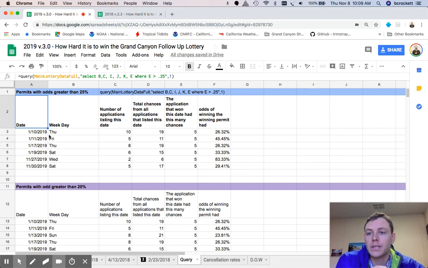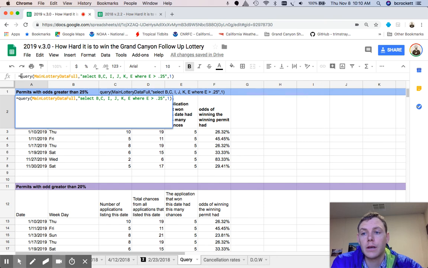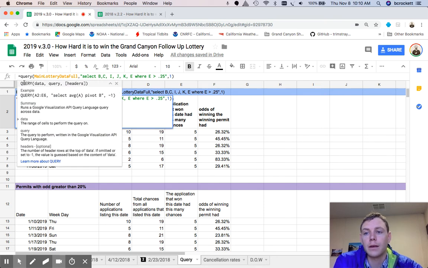So let me just take it from the top here with the function we're using, and that is this query function, right? What query does is it takes a set of data, in this case all the data from the main lottery tab, and it sorts that in a way we want. It would be really hard for me as a human to read the PDFs that the park gives out with the